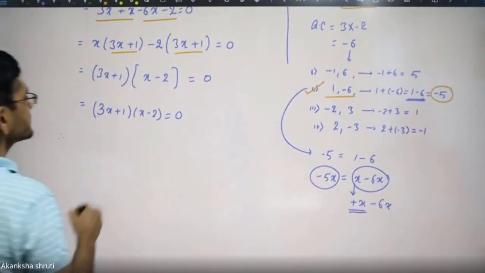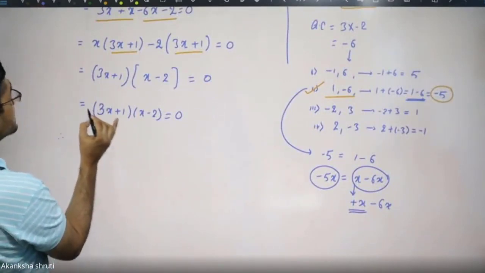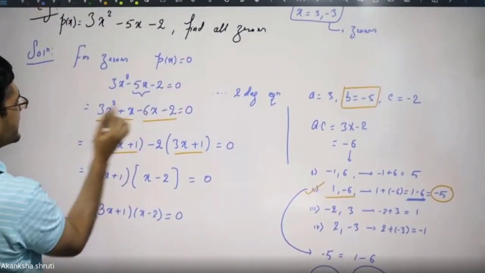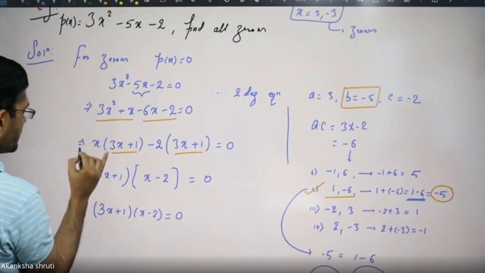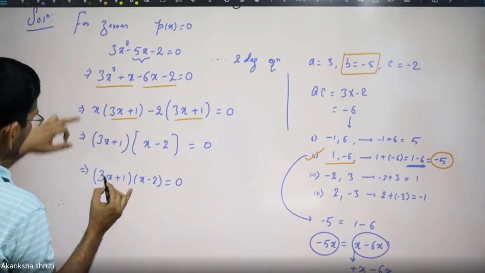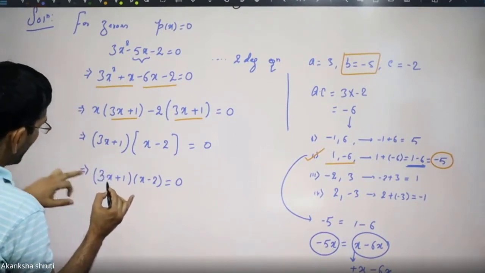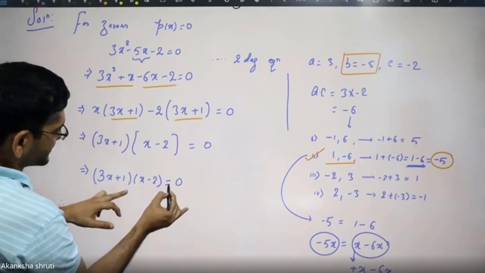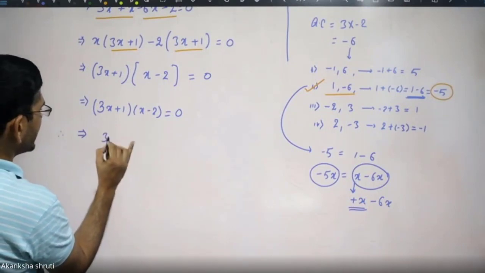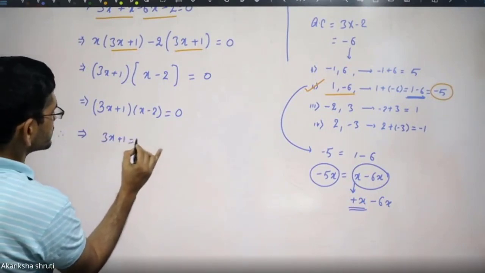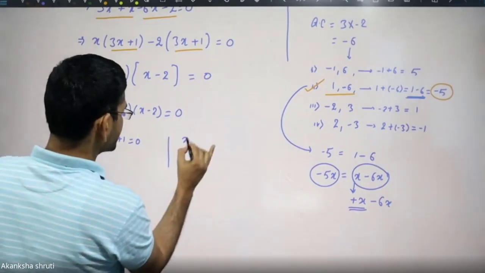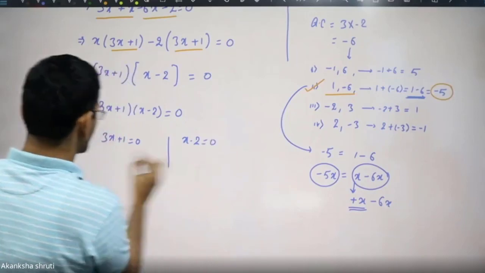Therefore, now each of these terms has to be equated to 0. Student, keep in mind this was the equation, so on the left hand side put this implies symbol, not the equal symbol. Keep in mind on the left hand side you need to put the arrow over the equal, because the equal symbol is carried in between this. So write, this implies 3x plus 1 is equal to 0, and the other bracket x minus 2 is equal to 0. This we need to solve.